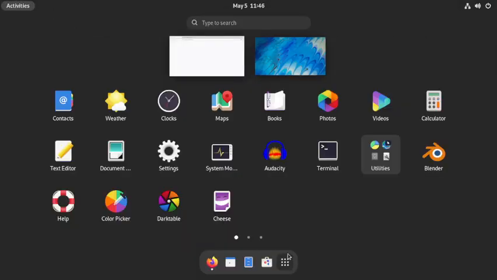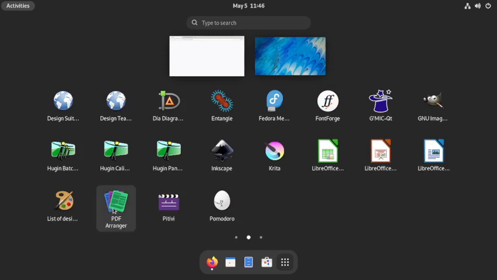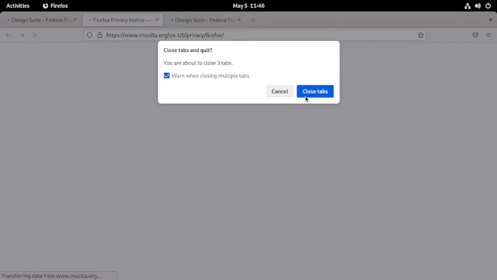Okay, let us see what happens. Meanwhile, we go ahead. So Hugin batch processor. Let us check it out. Okay, yes, my guess was right. So clicking on the designer suite info and designer team info, it will open up the wiki page and show